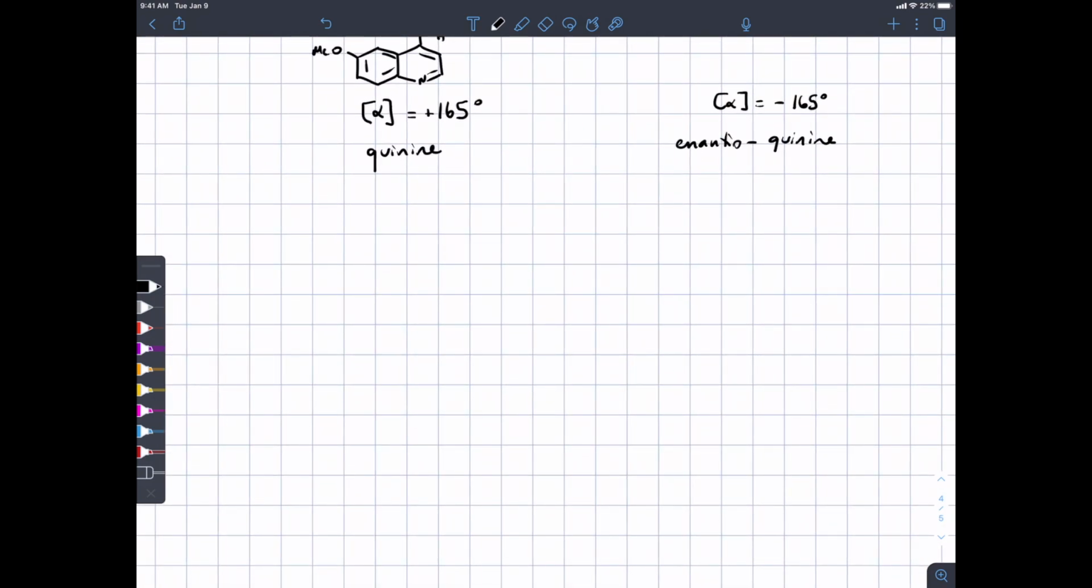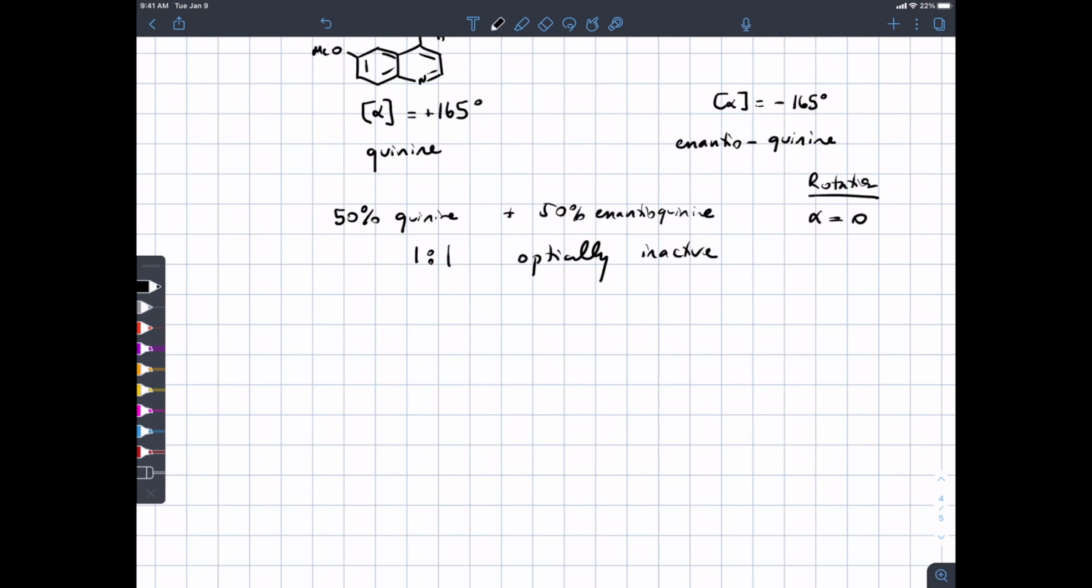If you had a mixture of 50% quinine and 50% enantioquinine, the ability to rotate light is additive. So the 50% of your mixture will rotate light by 50% of this amount, and the other 50% of your mixture that's the enantiomer will rotate light by 50% of that amount, and the overall rotation of that 1-to-1 mixture is 0. And we call that mixture optically inactive